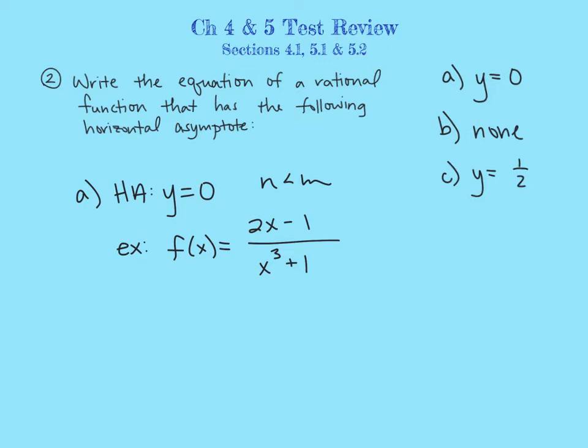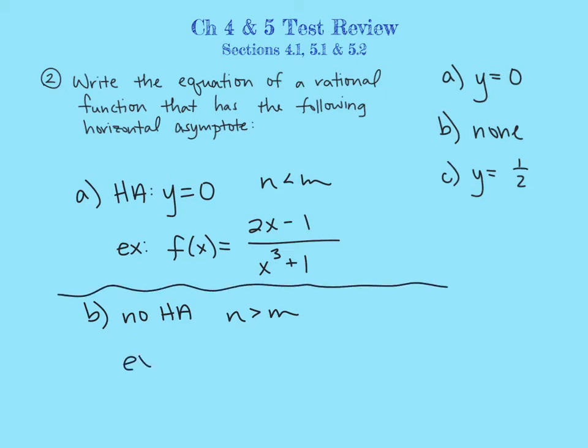For part B, in order to have no horizontal asymptote, that means we're not bounded by any horizontal line at all, and actually our function shoots off to infinity, meaning the numerator runs wild. So the degree of the numerator is actually greater than the denominator here. And so one of an infinite amount of examples, once again, could just be, let's just flip what we have in the previous example. So long as the degree of our numerator is greater than the degree of our denominator,